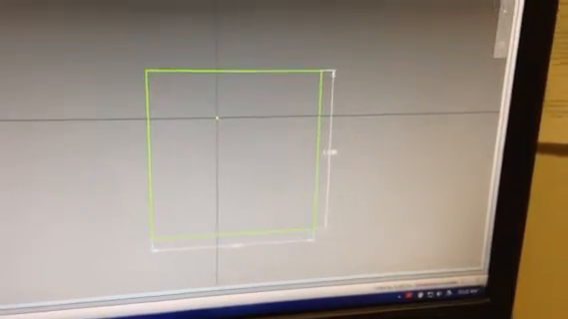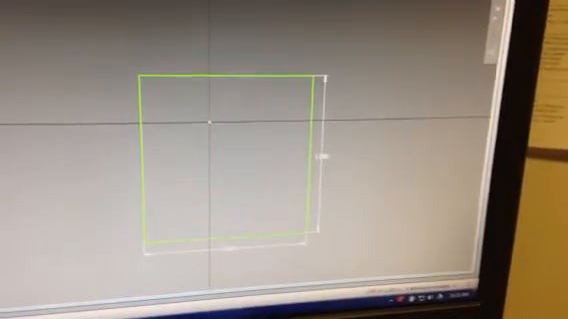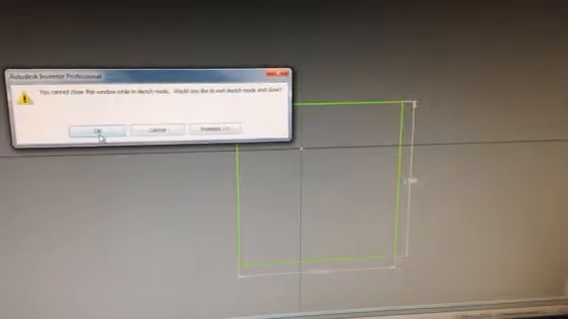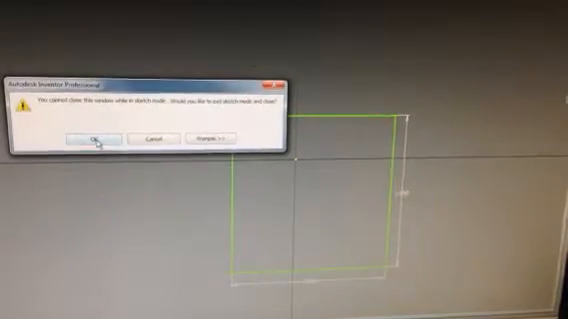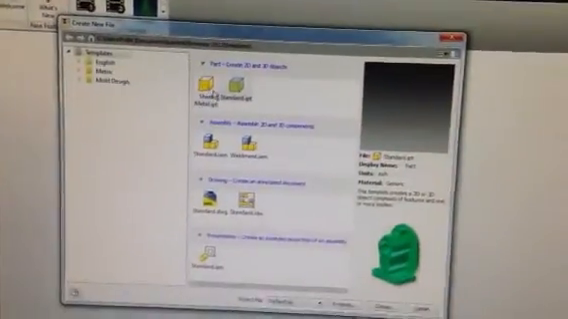Okay, let me show you that one more time. So I'm going to close it. So watch again. Okay. New part file and 2D Sketch, XY plane,